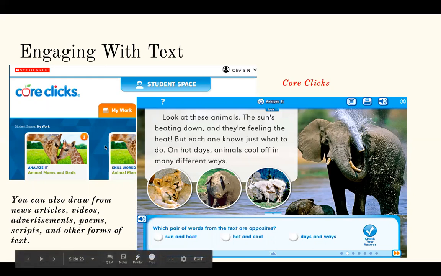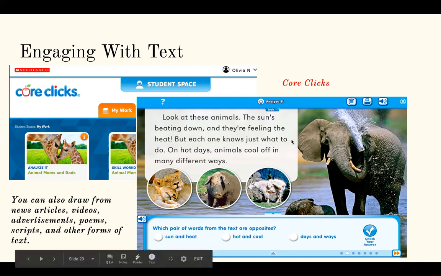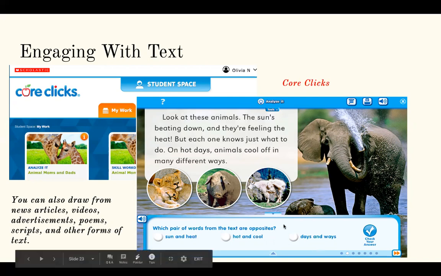But going back to CoreClicks, you'll see that they also include these different pop-ups as the students read to help facilitate their learning. So here, for instance, as the students read this piece of text, the prompt is asking them which pair of words from the text are opposite. So it's also reinforcing some of these other skills. And so you can select text that's appropriate for students and that's providing these opportunities to develop skills that you also want them to